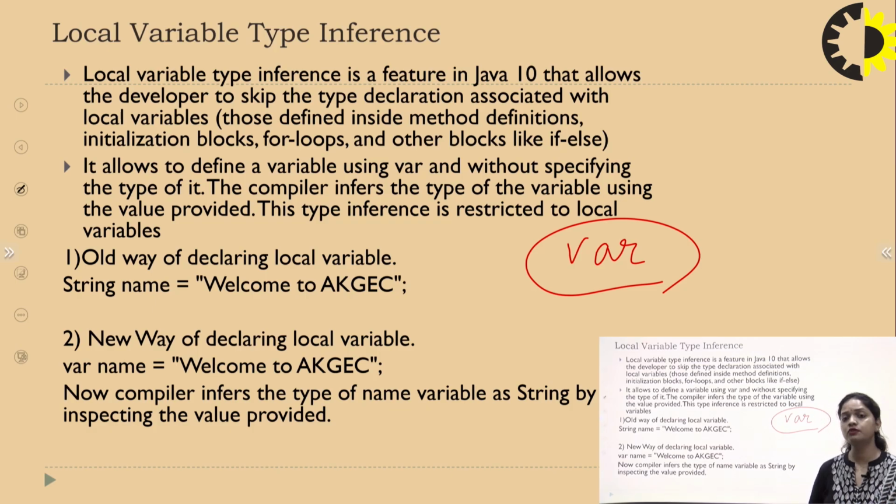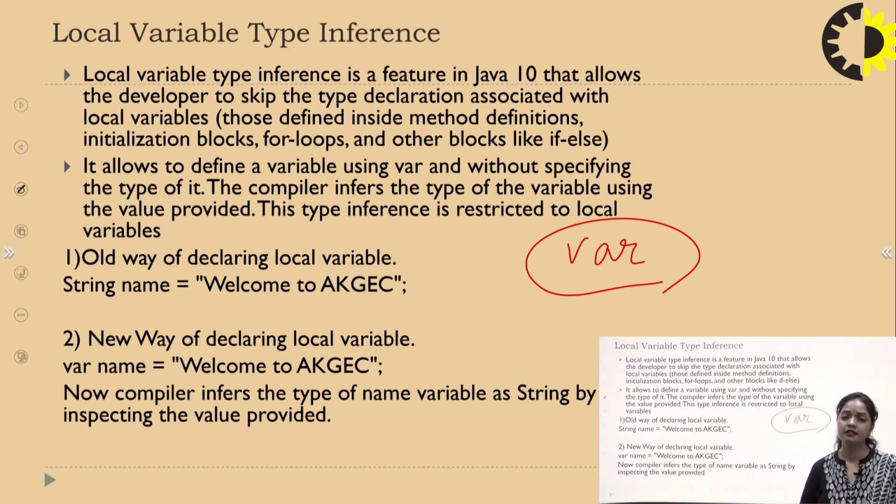The purpose of introducing it is that integer can hold only integer values, double can hold only decimal values, float can also hold decimal values, and string can hold a string of characters. But what about creating a new data type which can hold all of these? Such a concept is introduced in advanced Java, where the data type is capable of holding every type of data inside it.